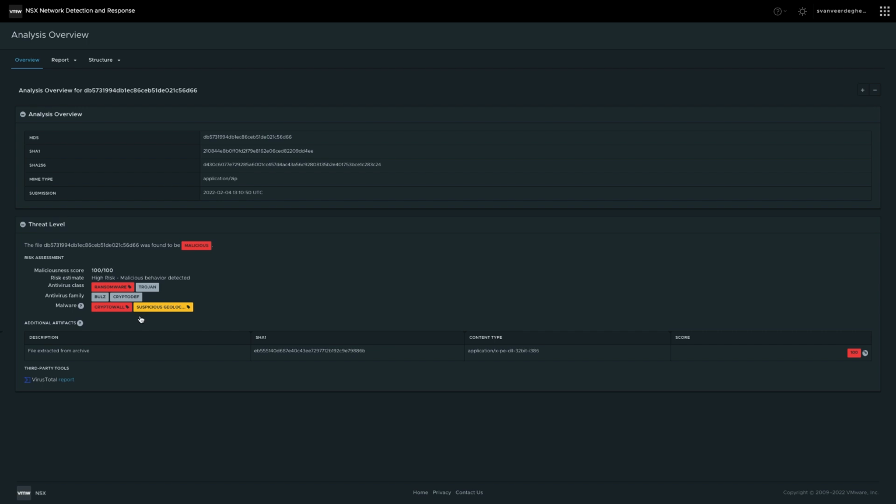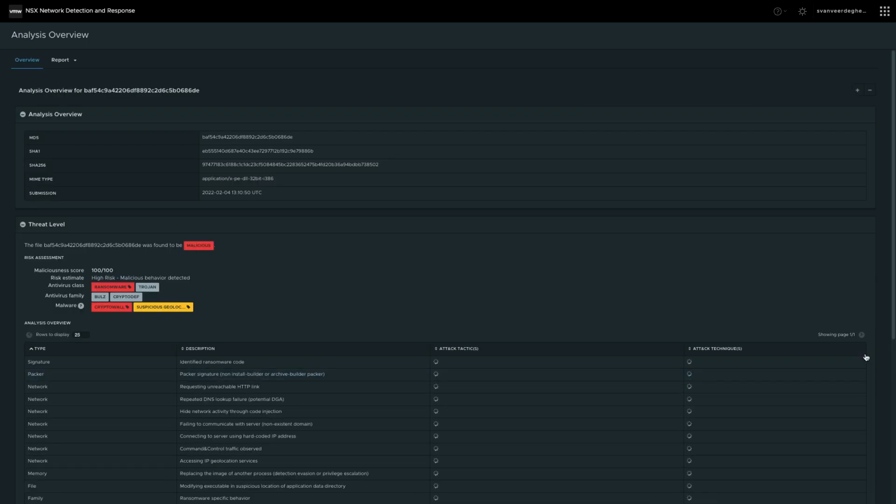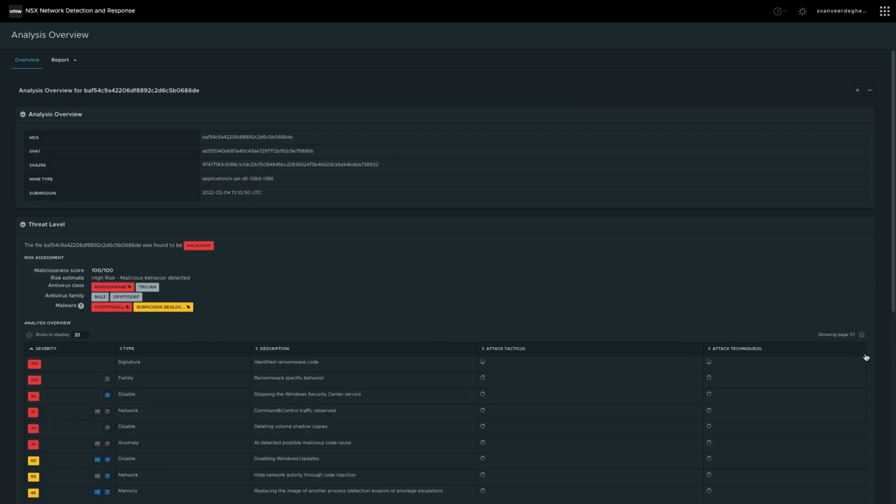From here, we can open up the Analyst Threat Board. Since this file was a zip archive, we've inflated it and extracted its contents. Clicking this link reveals some of the key characteristics we've observed when we dynamically analyzed and detonated this file in our sandbox. Because our architecture is based on full system emulation rather than virtualization, we can detect not just how